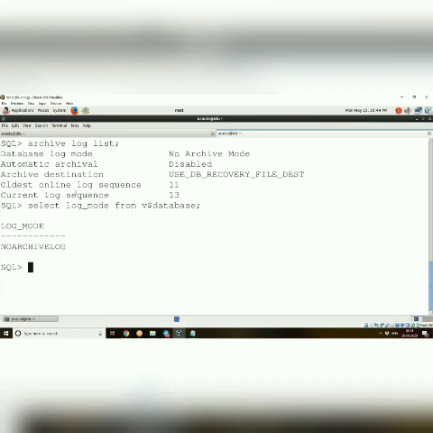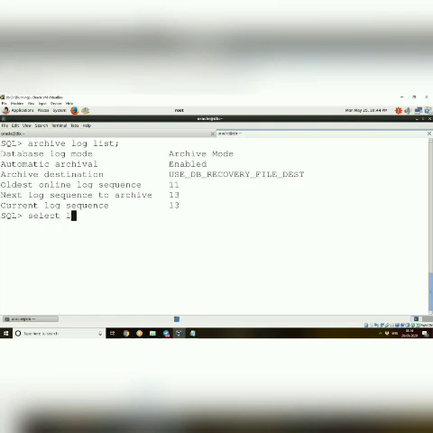So now alter database archivelog, I'll give. So now I'll check archive log list as well as select log_mode from v$database. So now it is in archive mode. Fine. So now what I'll do, I'll just open the database, alter database open.